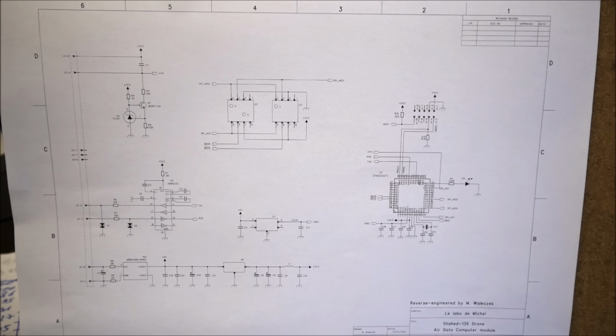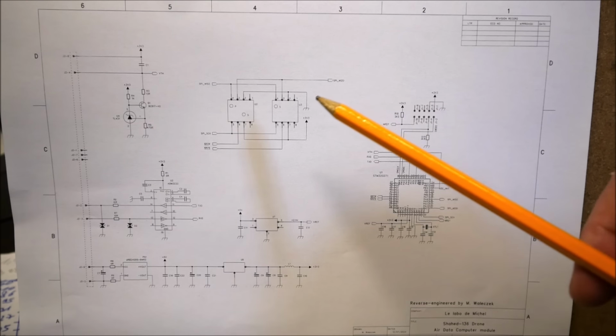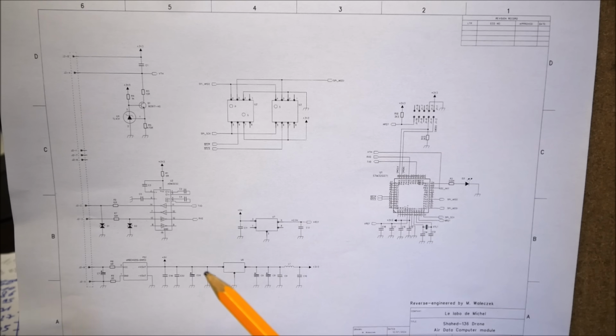We can see on the screen the complete schematics of this air data computer. The two sensors are here. They are connected to the microcontroller using an SPI bus. There are also two lines which permit the selection of the sensor. The power supply is here. There is this DC-DC converter which generates a voltage of 5 volts and a linear regulator which gives a voltage of 3.3 volts here. And there is also a voltage reference, this part, which gives probably a voltage of 2.5 volts here.